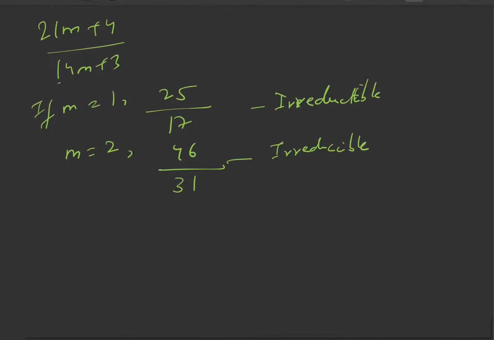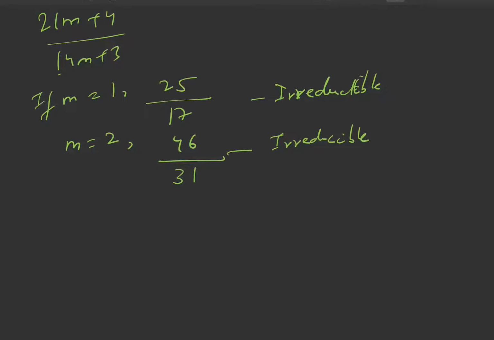You need to prove that this is irreducible. So how will we prove? We have taken just one example, right? But we need to prove this for every natural number. Now we can't take each and every natural number up to infinity and show this. That is not possible. So we need to prove it in general, right?